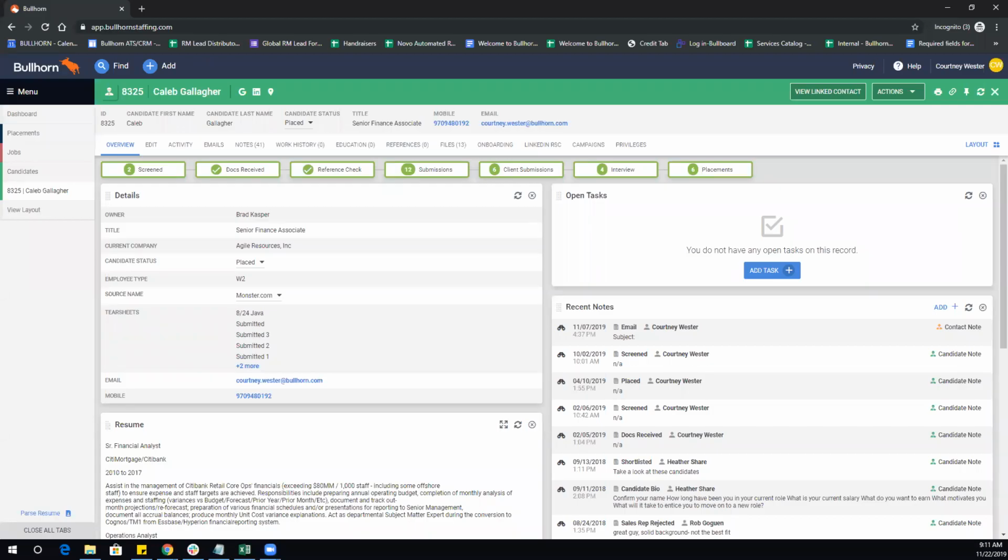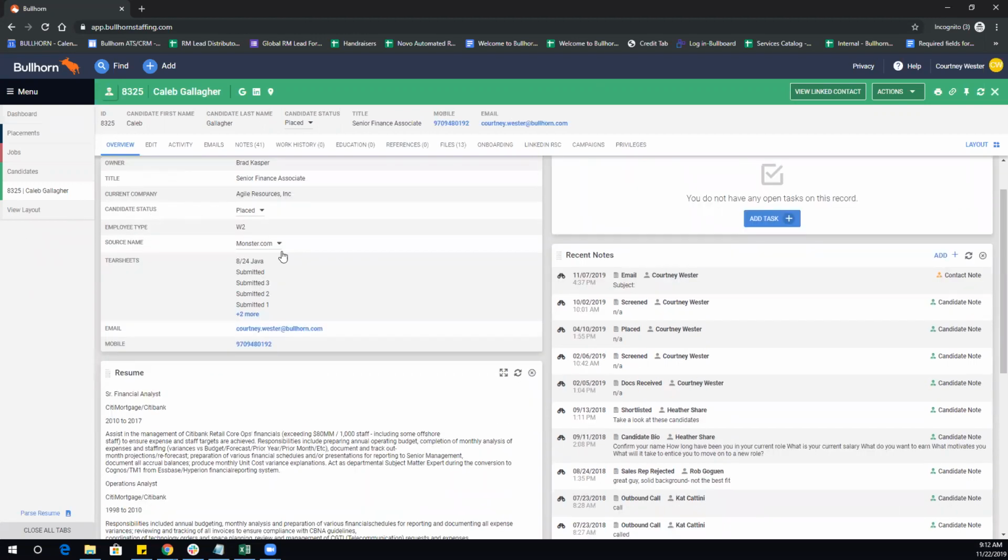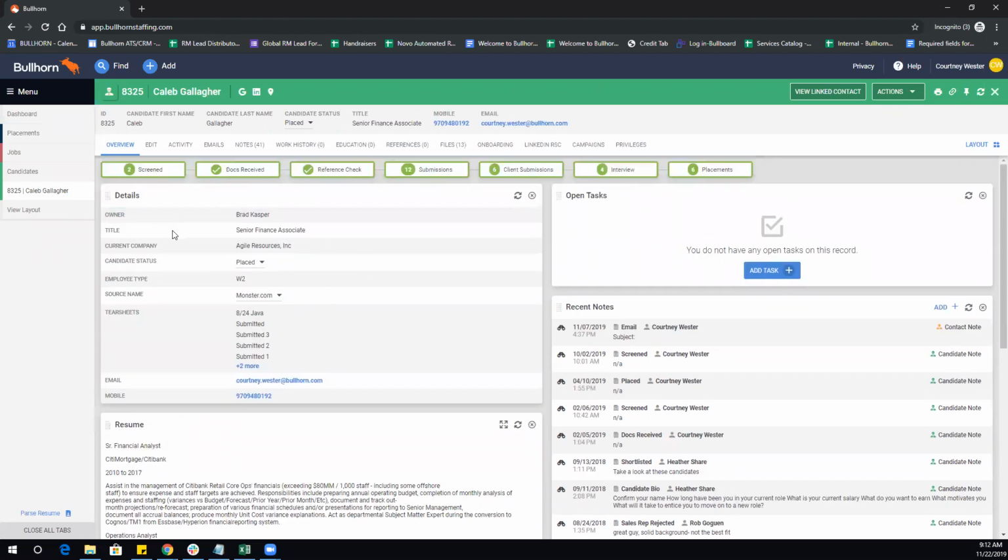Whether you're looking to update the overall record overview or the list view, there are a few different ways you can accomplish this using View Layout. So here I'm on Caleb Gallagher, one of my candidates within the system, and let's say we want to tweak what we see in the details card. Maybe we're just trying to tweak the ordering or what fields are